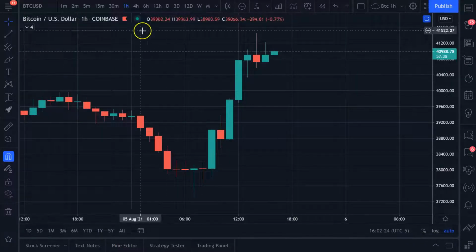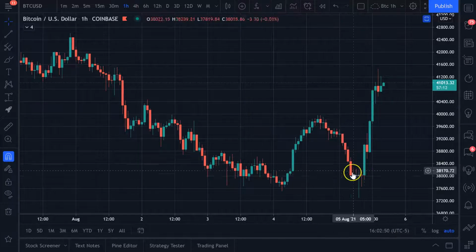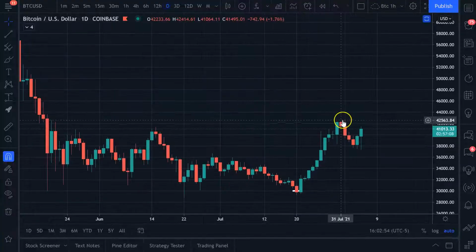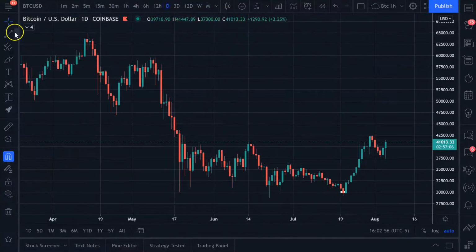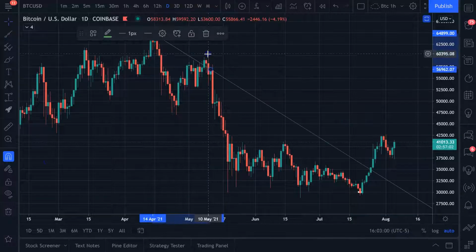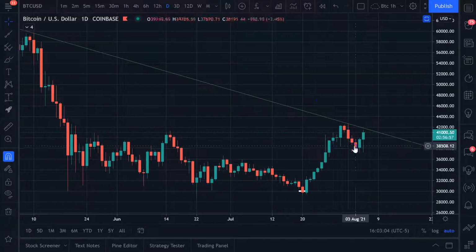If I'm taking a look at this chart, this is a 1 hour chart on Bitcoin. So why would you want to take a long position down here on Bitcoin, right? If you look at this on a daily chart, here it failed this trend line up here. Draw that trend line real quick. Tested it, fell right off of it. So why would you want to be getting long? It looks like it's bearish, right?